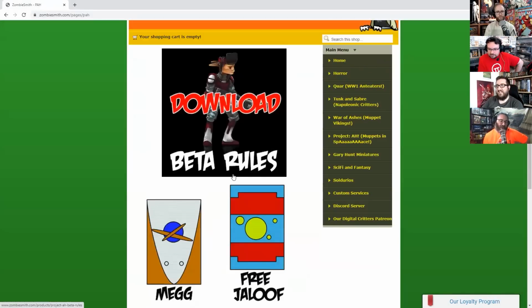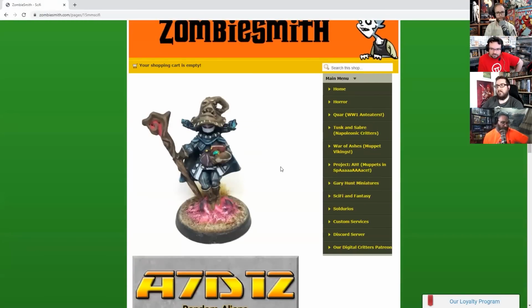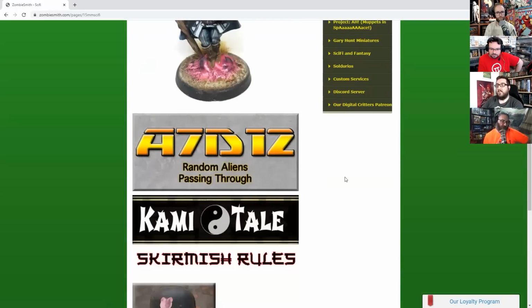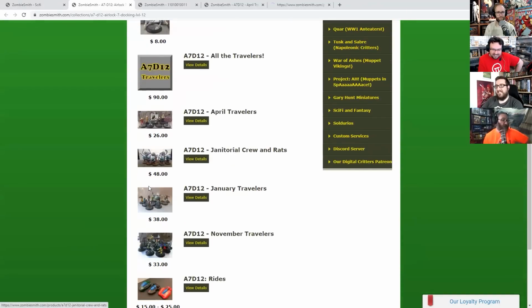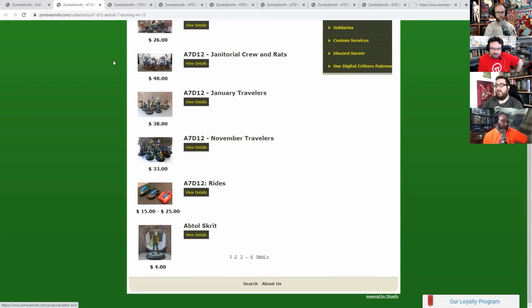If you go sci-fi and fantasy, we'll stick with the sci-fi theme for the time being. Now, each one of these is a different range. Oh, okay. So I want to start with that random aliens passing through. This contains a slew of individual aliens, mixtures of aliens, vehicles, bots, droids, and in a lot of cases, when